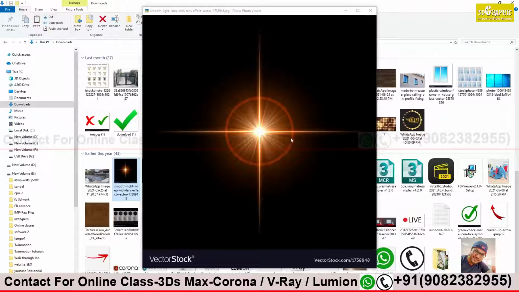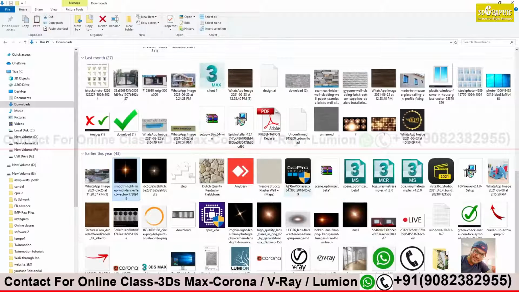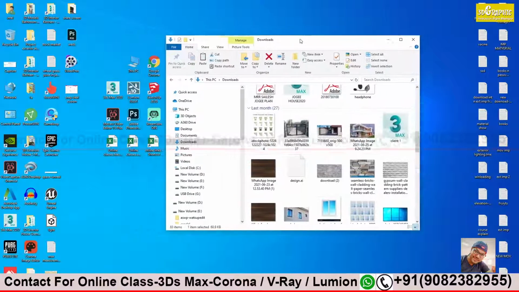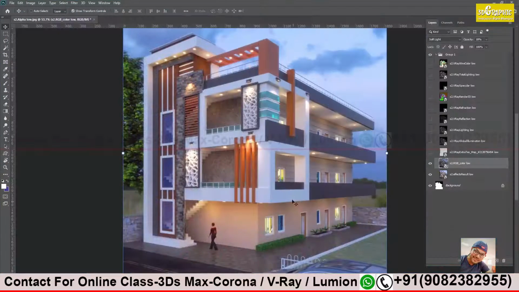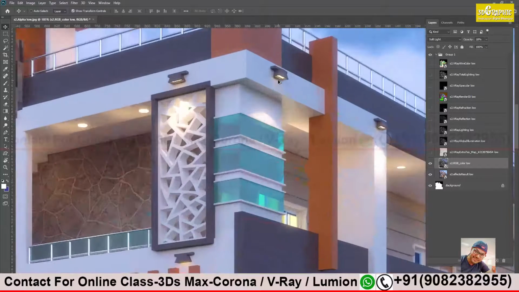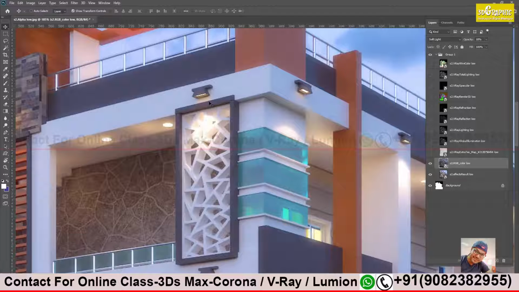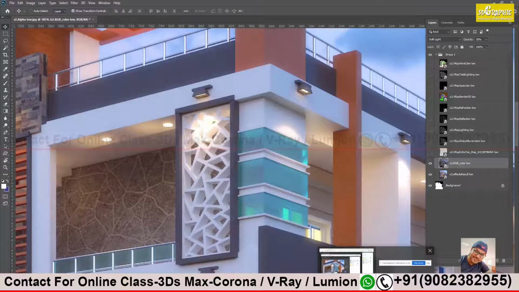So we have to use this lens effect on our file. Just look at my computer screen and then you can follow along. Again I will minimize the folder and open my Photoshop. Over here you see the lights. Here I can give a very nice lens effect, no? This is easily available from the internet. Have I told you how to download this?